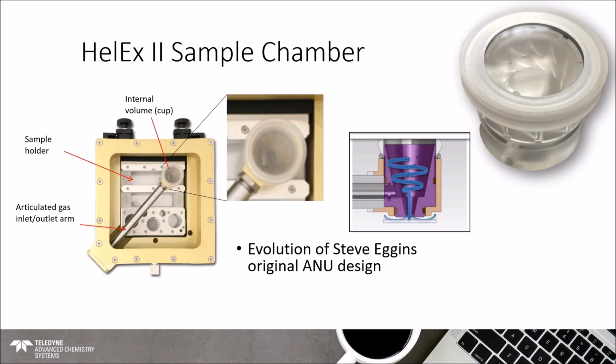Now that cup always sits in exactly the same place, such that the laser beam comes down through the top of it, goes down through a small hole in the bottom and ablates the surface of the sample. The sample chamber and the samples that are within it, of course, move on stages such that we position the sample underneath that cup. Then when we pass the beam down through it, it strikes the sample,